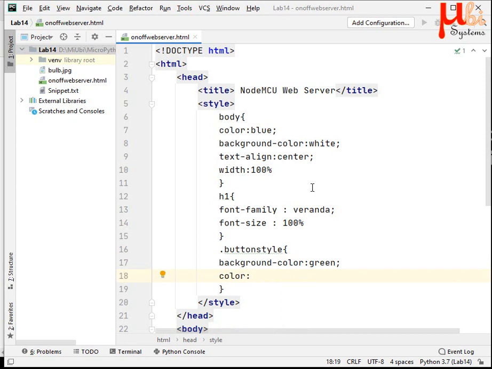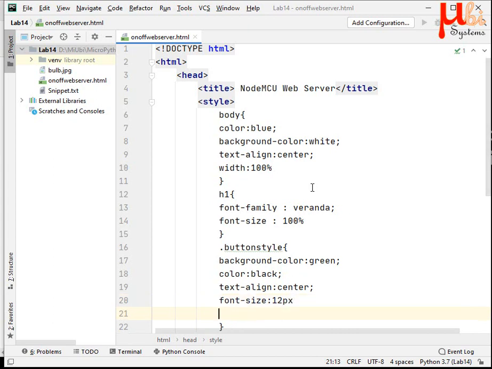The background color of the button is green, and the display color is black. And I would align the text to the center inside the button. Let the font size be somewhere around 10 pixels or 12 pixels. It's your interest. Once you see it, you can change it.